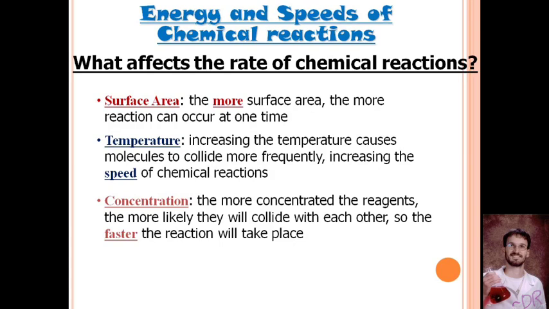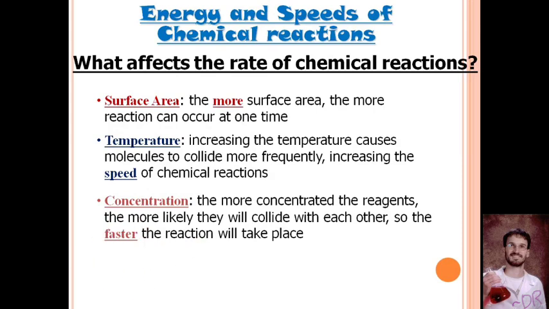Concentration is another way that we can affect the speed. Concentration means how many solute parts there are in the solvent. The more closely that you get that solution to saturated, the more concentrated it is. So the more concentrated your reagents are starting with, the more closely packed together those molecules are, so the less distance they have to travel before they run into each other, and the faster the chemical